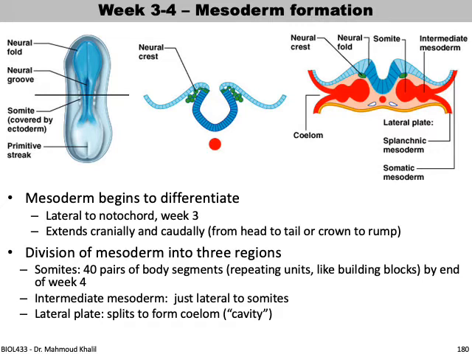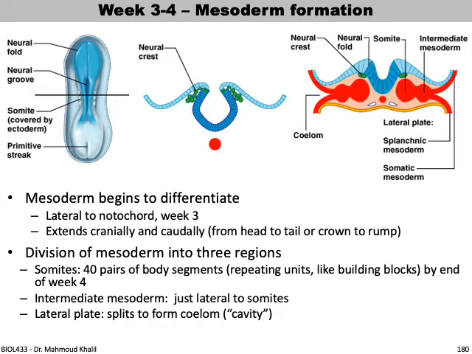The mesoderm is divided into three major parts, same as what happens in avian and amphibian development. Somites form around 40 pairs of body segments, which are repeating units like building blocks, by the end of week 4. You have intermediate mesoderm, which is just lateral to the somites, and you have the lateral plate, which will soon be divided into